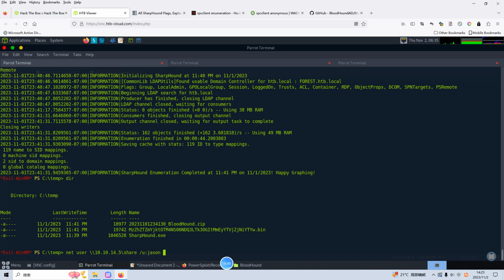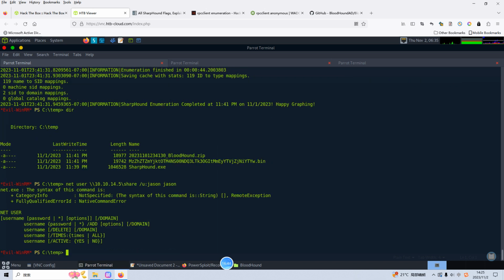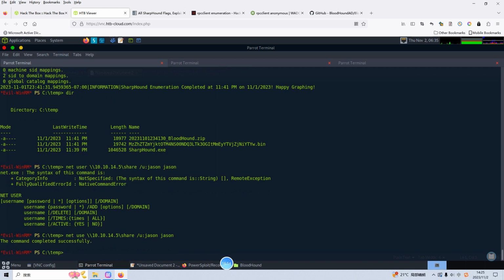JSON. Oh, sorry, not user, should be use. Yeah, my mistake, my bad. Now just press enter. Good, completed successfully. Now we can copy the command. Sorry, we can copy this one